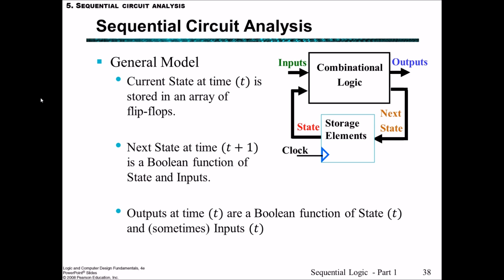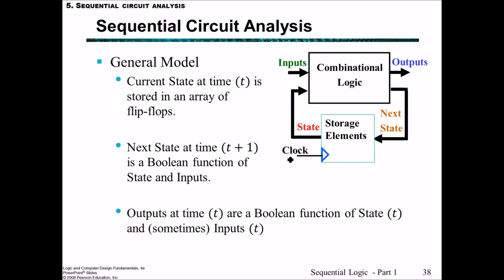Okay, in this fifth part, we're going to focus on a particular sequential circuit. That's an example from the textbook, and we're going to go through the process of analyzing this circuit in order to get the logic diagrams, equations, state tables, and finally a state diagram. So this picture on the side is basically the same as what we showed in the very first part of